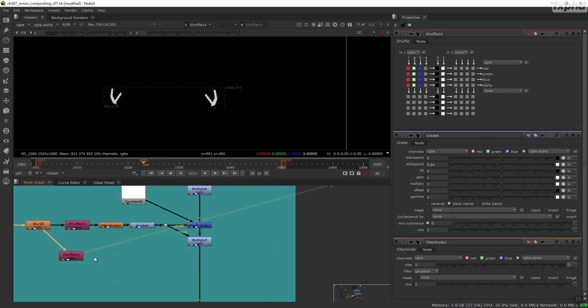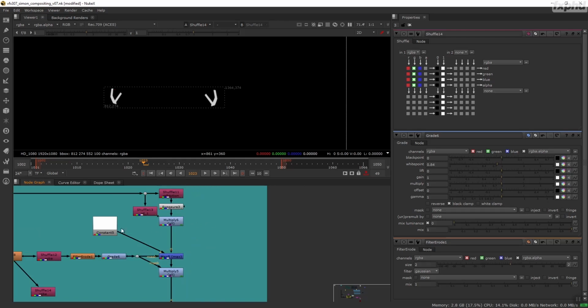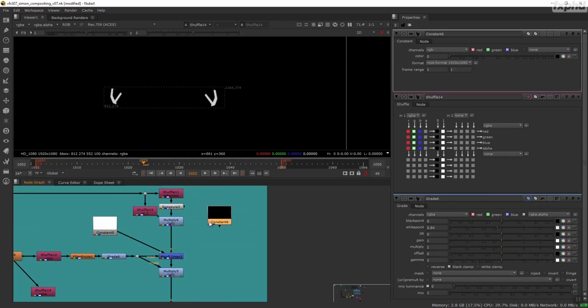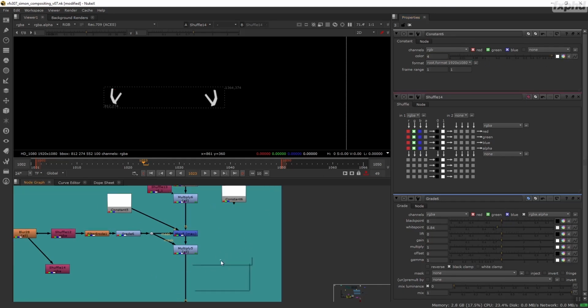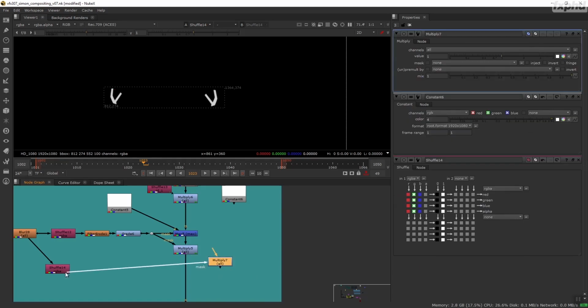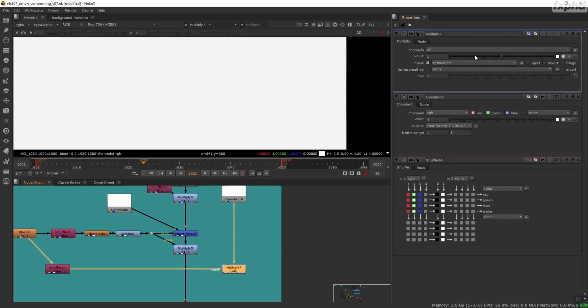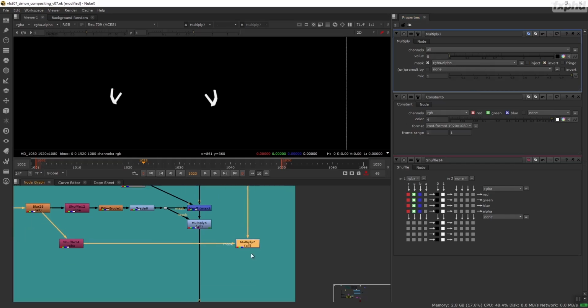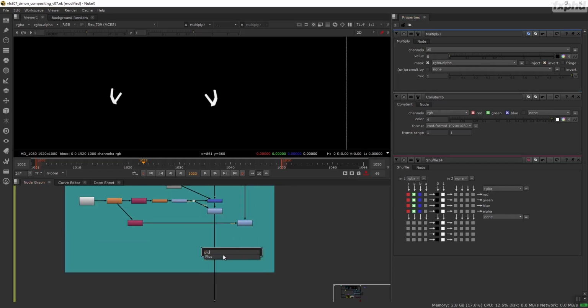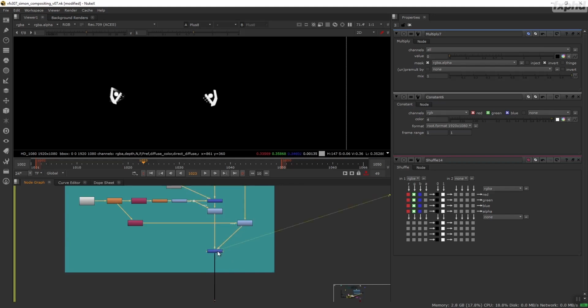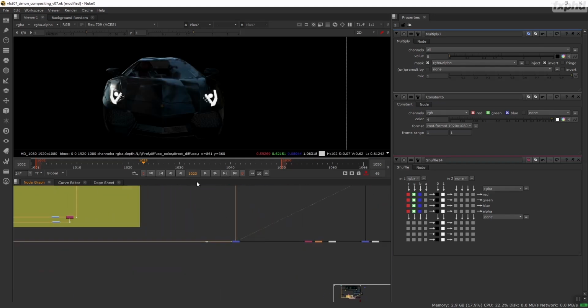Now, so let's build up our thing. I'm going to create a constant again. This one, I think those lights are actually a bit dimmer, so I'm going to use lesser values. Let's say 4 by default. Multiply, keep it simple for now. Invert, there we go, and I'm going to plus this on top of my headlamps here, and there we